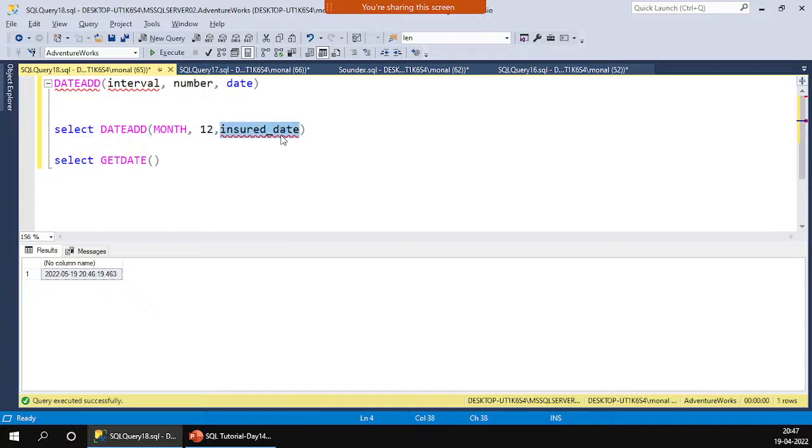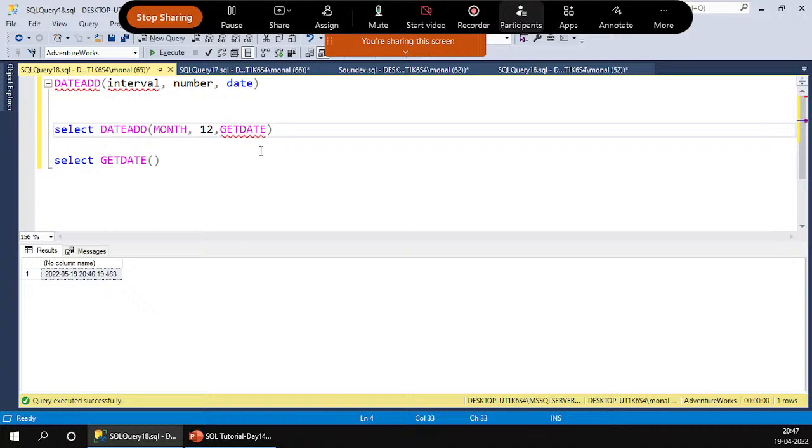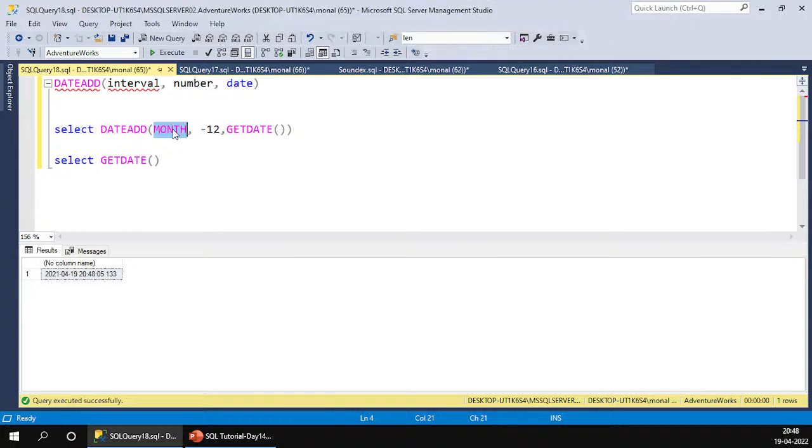What if I want to go back by 12 months? You can put a plus sign, or if you haven't mentioned any sign, then by default SQL treats it as a plus sign. Now, if I put a minus sign, then it will go back by exactly 12 months. If I want to go only